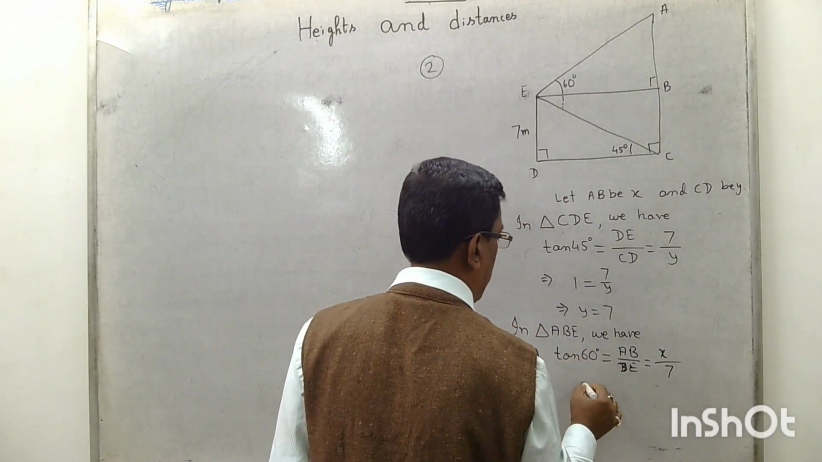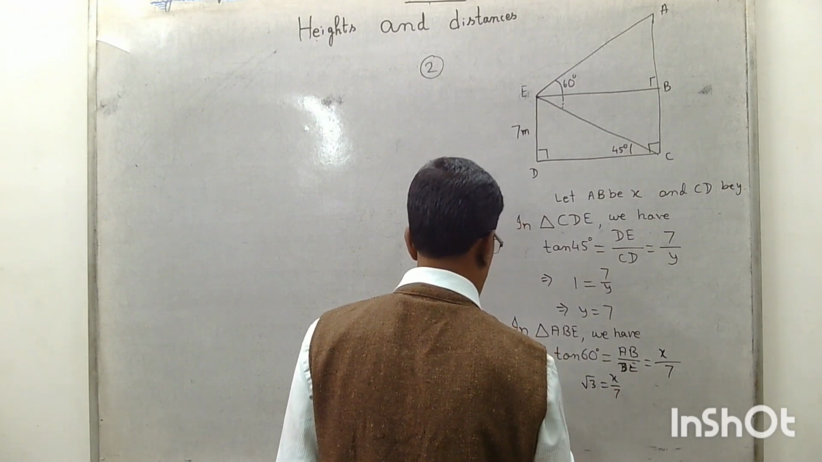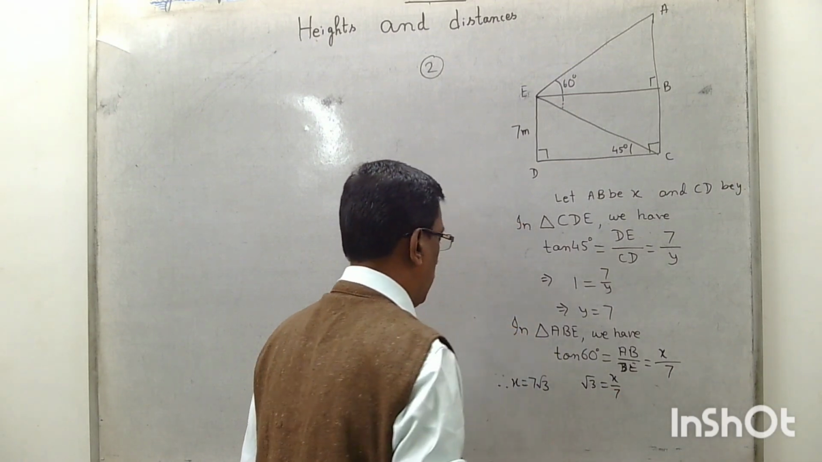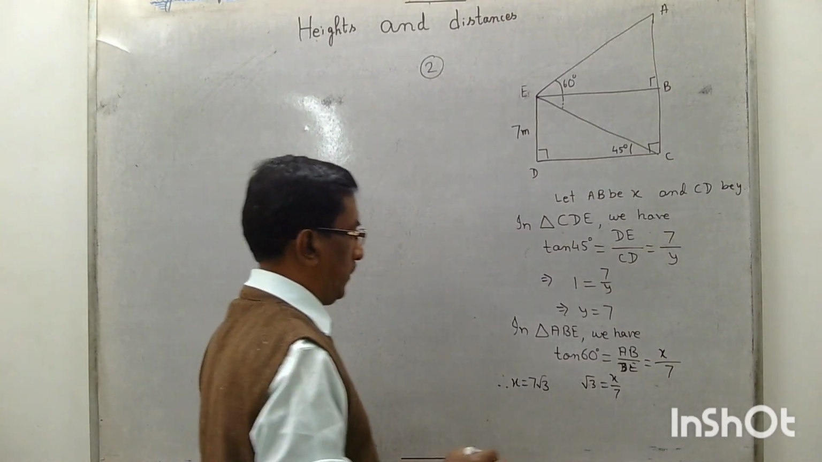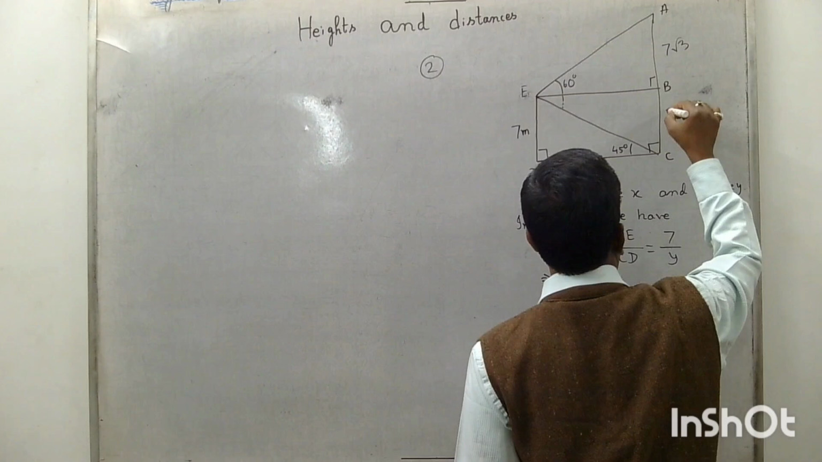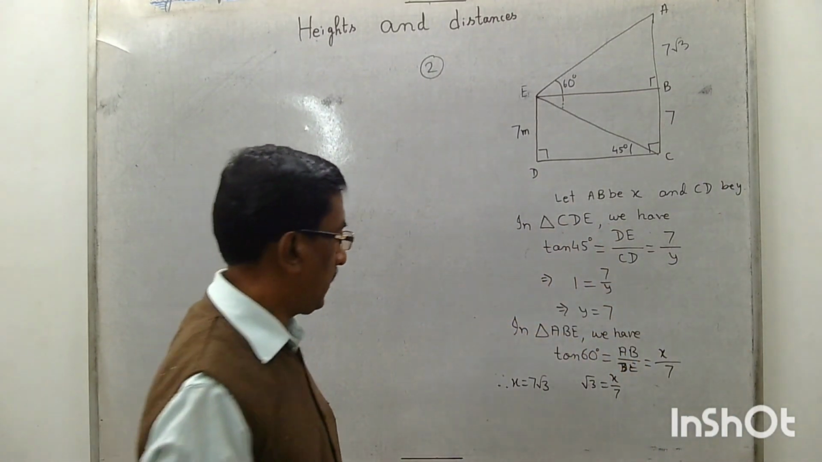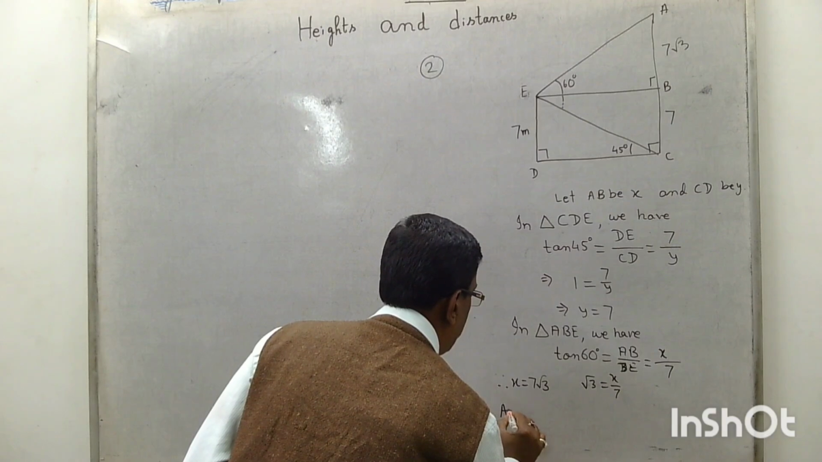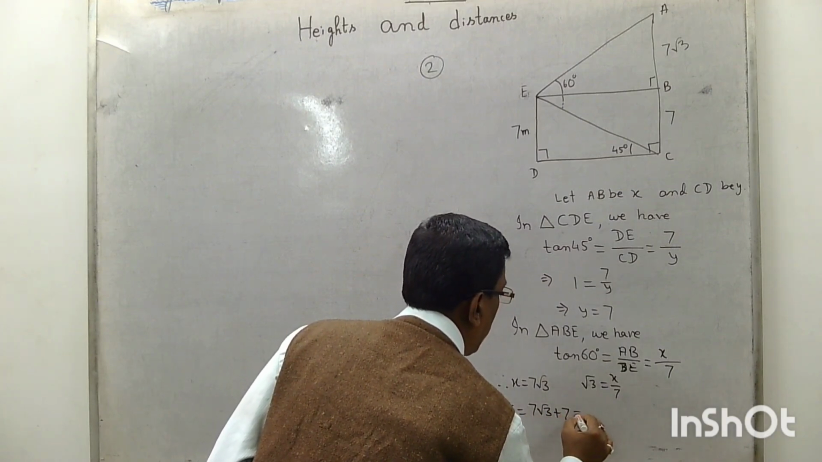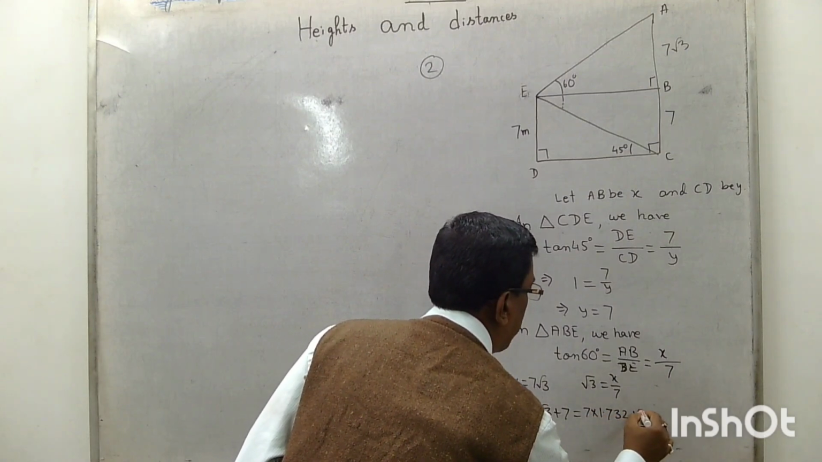Tan 60 is how much? Root 3. X by 7. Therefore X is equal to 7 root 3. So this is 7 root 3 and this is 7. Ultimately AC equal to 7 root 3 plus 7. That means 7 into 1.732 plus 7, which is